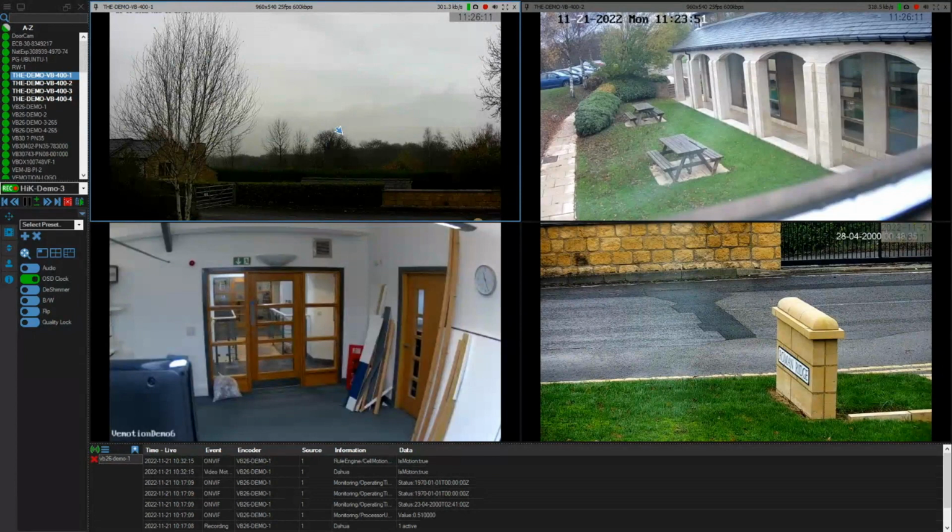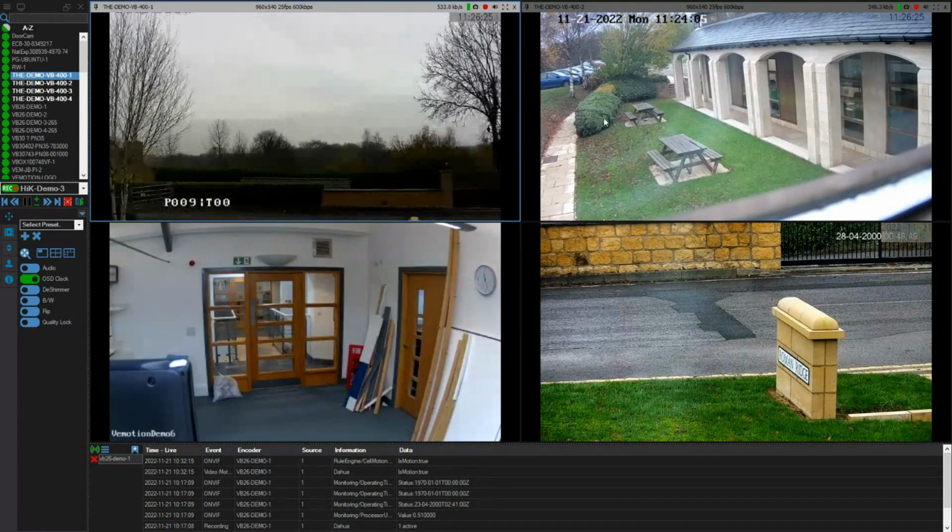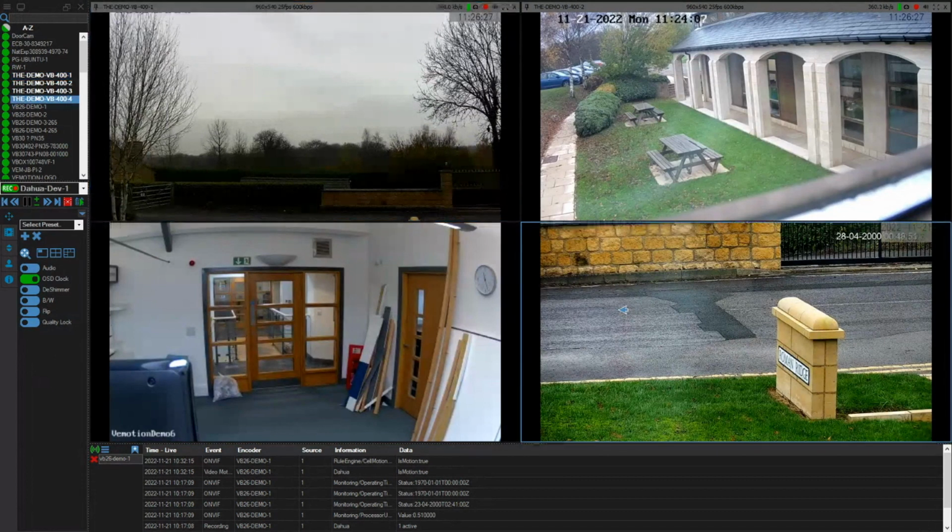As you can see here, I have set up a mosaic. So using the viewer, you can select lots of different grid sizes. Here we've gone with a 4x4, and as you can see, we can see 4 different cameras on this. And obviously if we select the image, we can still PTZ all the cameras that have the ability to PTZ